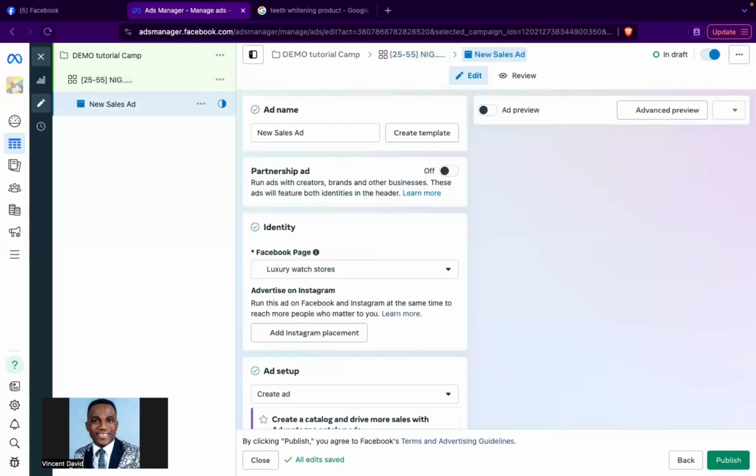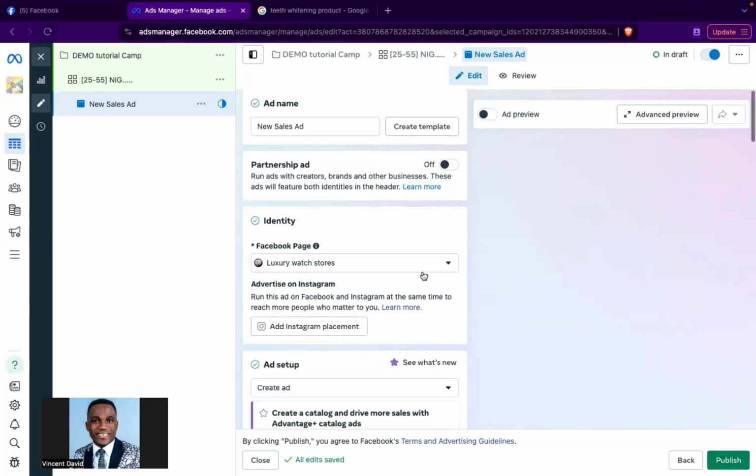All right, so like I said in the former video, the ad set is what I would like to call the back end of every successful campaign. It's the engine of the campaign. That's where what makes the campaign work is decided. But the ad section is the front end, or what software engineers would call the user interface, the UI of the campaign. So you now want to spend quality time crafting